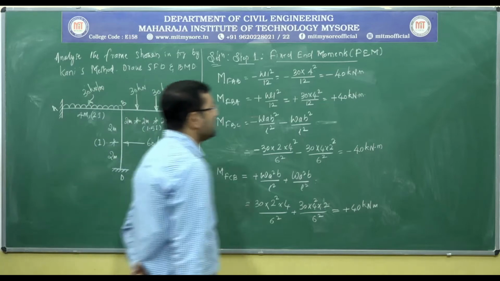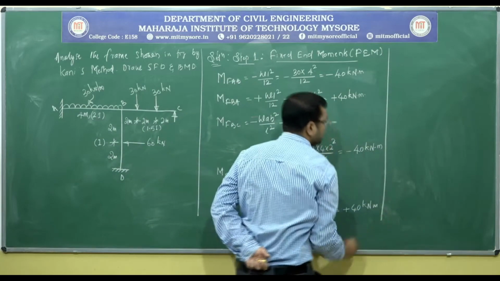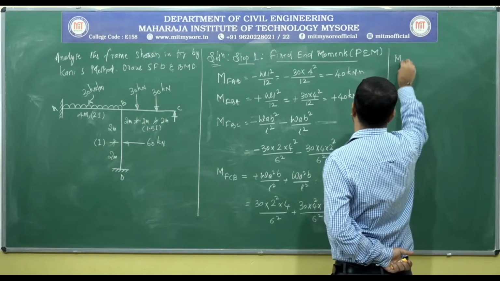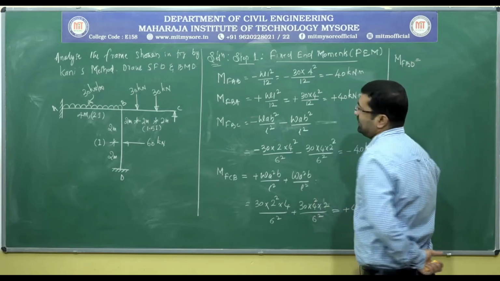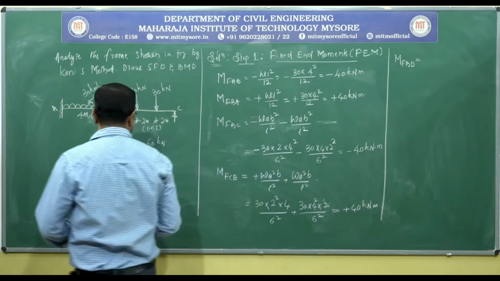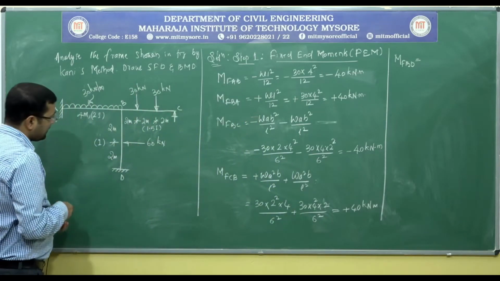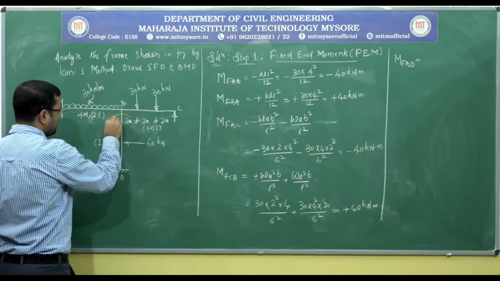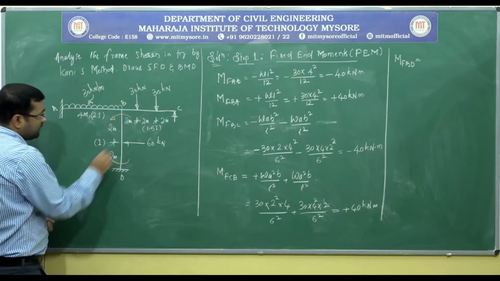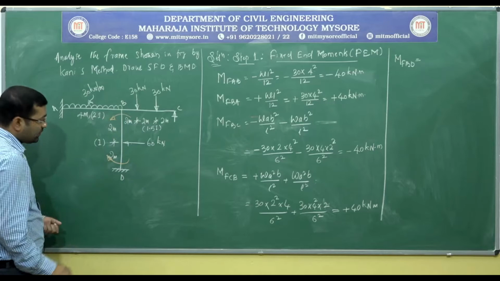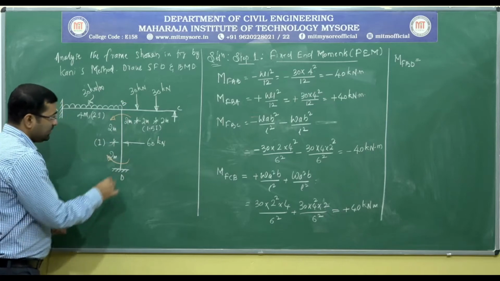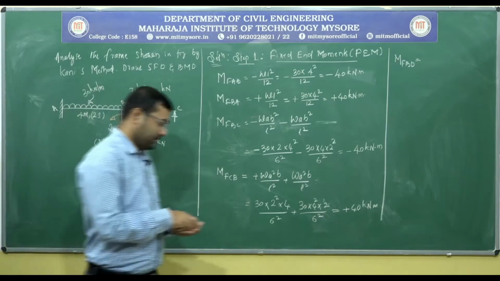Now similarly, let us work out the fixed end moments for the last span, that is for BD. MFBD is equals to, now you can see on this member, because of this UDL, I can say that the nature of the fixed end moments developed will be like this. On this end there will be an anticlockwise moment, and this side there will be a clockwise moment. So MFBD will be negative and MFDB will be positive, right?